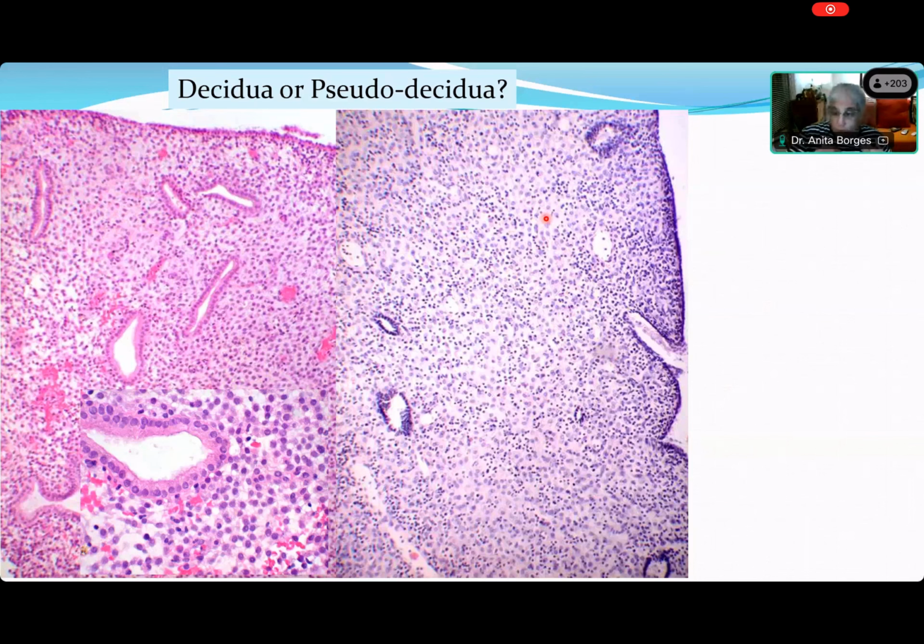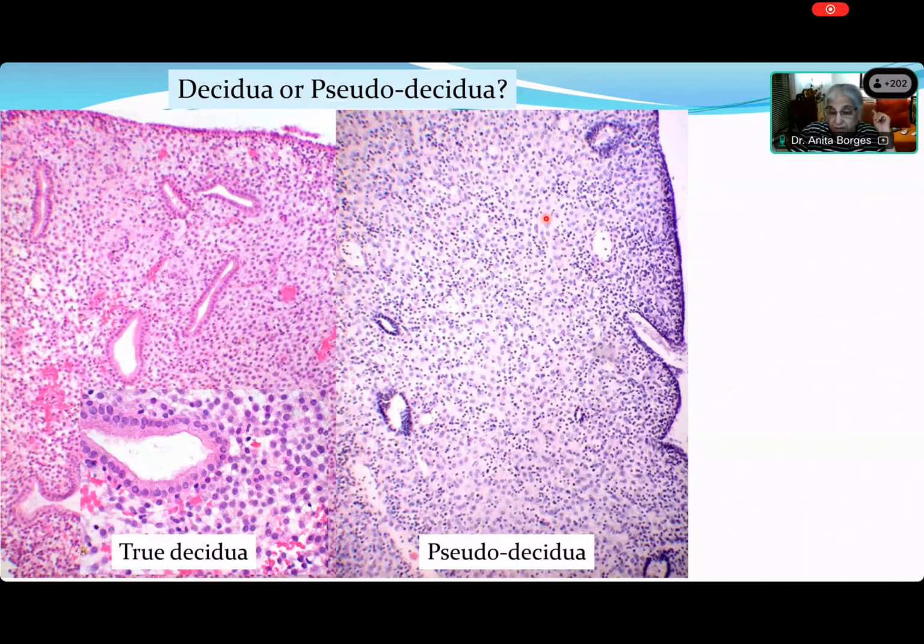Now, I know that the patient on the left-hand side actually was pregnant. Early pregnancy, so I know that this is true decidua. Anything else where I know there's no pregnancy, we should call pseudodecidua, but I never use these terms. If you don't know whether there is a pregnancy or not, you cannot use these terms, because progesterone by itself, whether it is produced in the body or given from without, will produce this picture. And this is an iatrogenically progestationalized endometrium on the right-hand side. But if you don't know, you can suspect that there is an iatrogenically progestationalized endometrium.